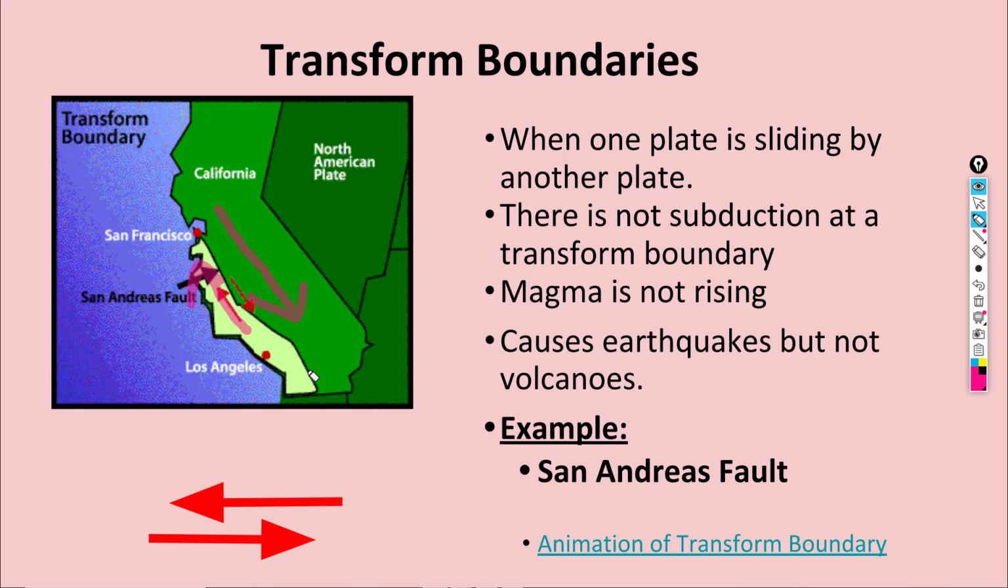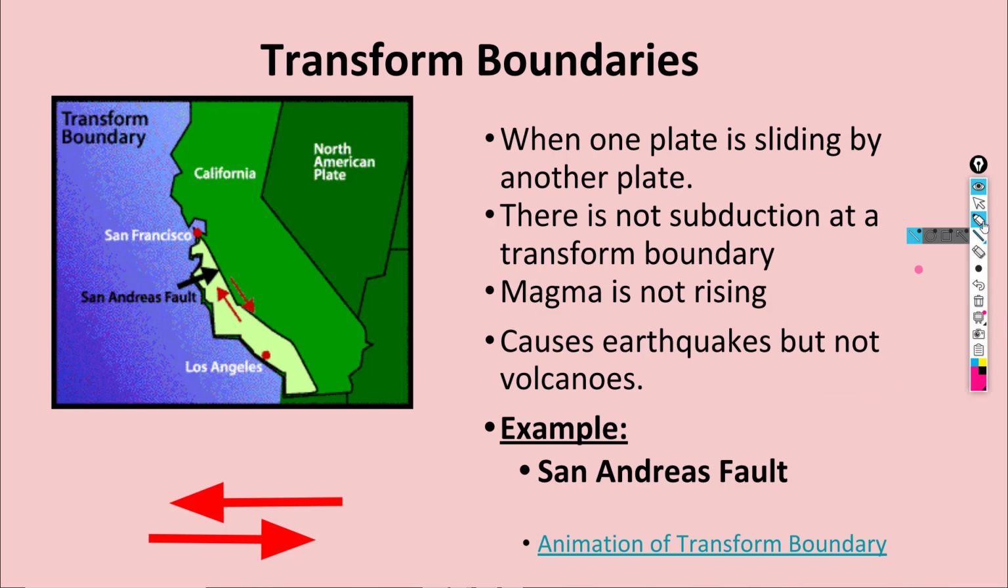And again, you guys, please notice this little thing right here, that with transform boundaries, we have lots of earthquakes, but we don't form volcanoes. And the reason we don't form volcanoes is there's no subduction, there's no melting of rock, there's no rising of magma, so there's no volcanoes. So there you go. And the last thing I wanted you to look at with these notes, you guys,